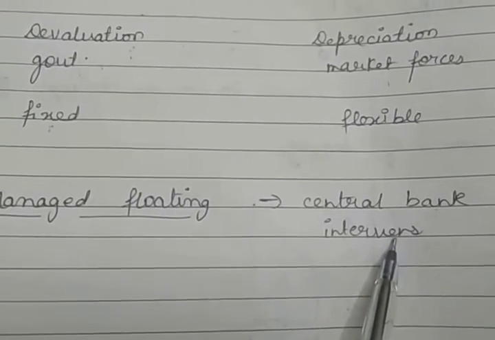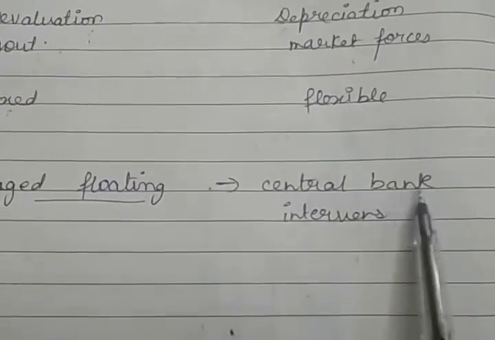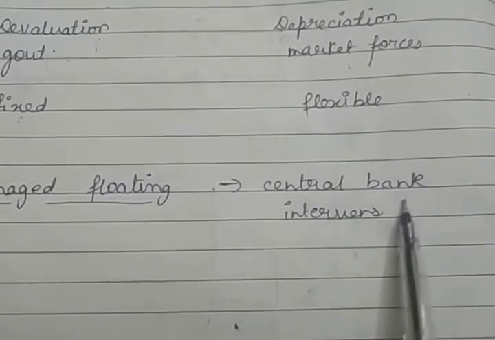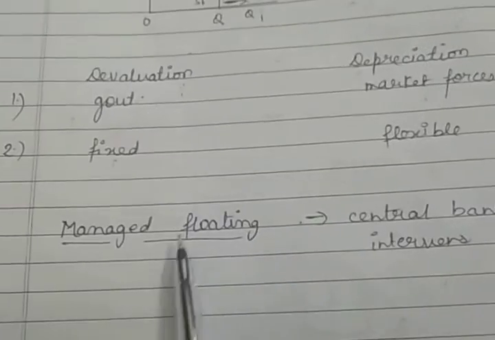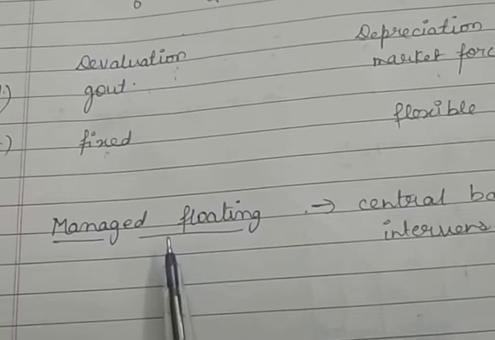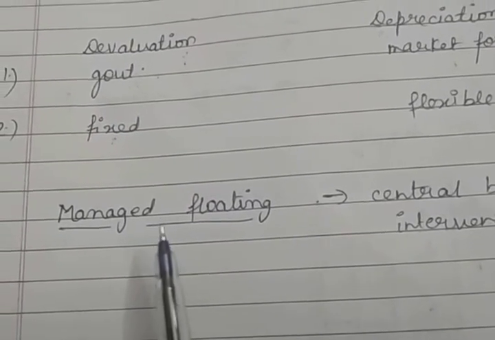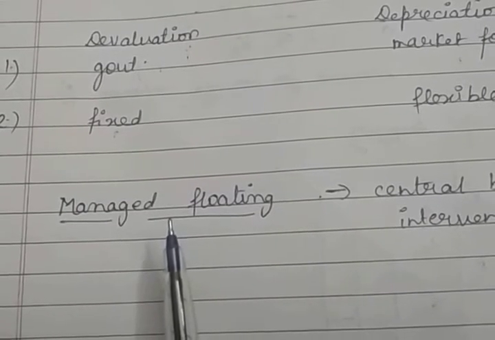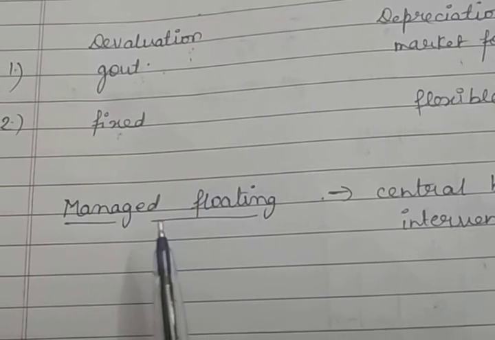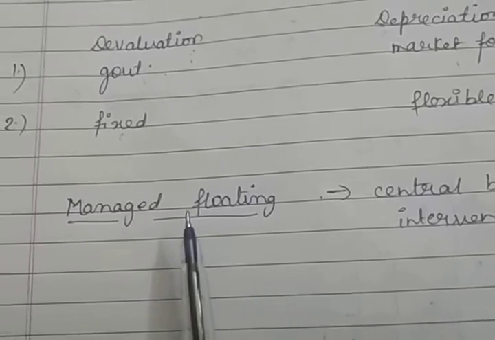That means whenever there is a favorable or unfavorable balance of payments, at that time the central bank buys and sells foreign currencies in the open market. This is also a type of flexible exchange rate system, but it is intervened by the central bank. So the central bank does not have absolute power, but some power to manage the exchange rate slightly according to the economy, like in the case of a surplus or a deficit of the balance of payments. This we will discuss in the next chapter.